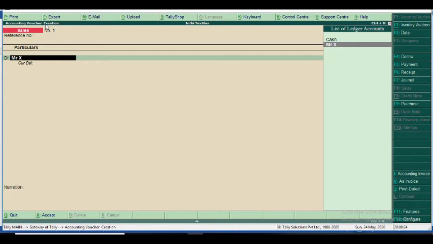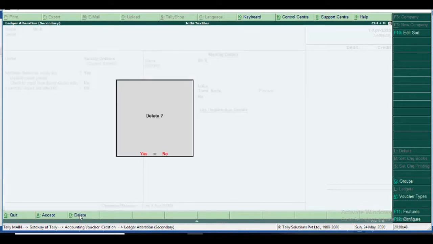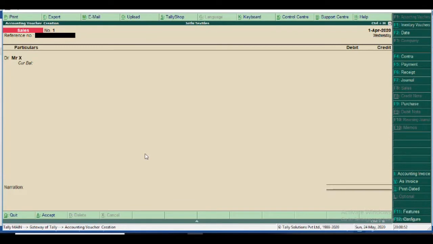Okay, so online alteration is also available. The shortcut key is Control Enter. The ledger alteration secondary screen comes, and then for delete, Alt plus D is delete. I delete it. So, bypassing the transaction entry, I teach you.